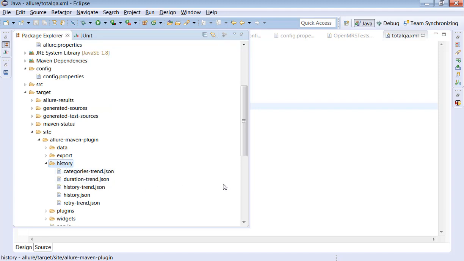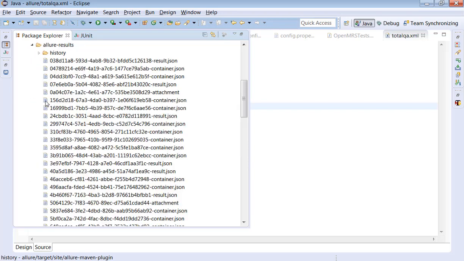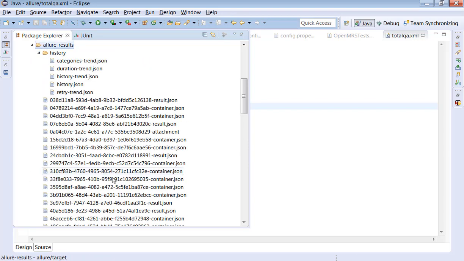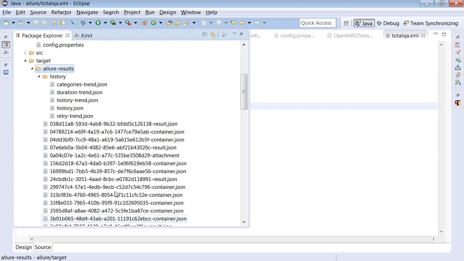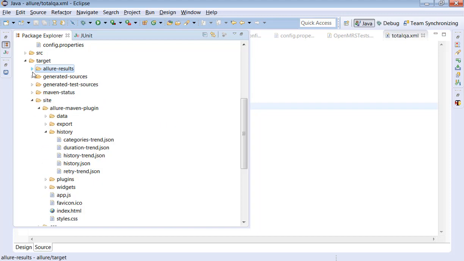So what we have to do, you have to copy this history and paste it in the Allure results folder. If you do that, the results will be shown under Allure results.